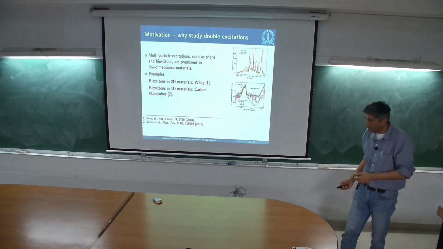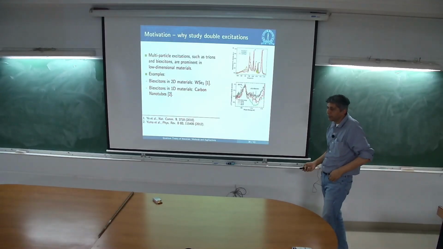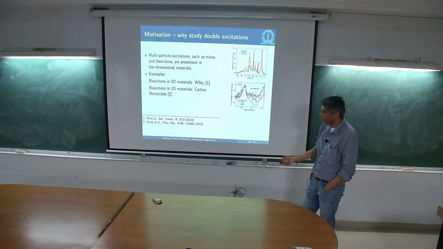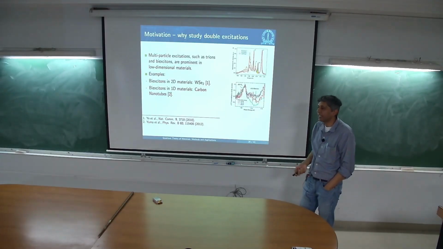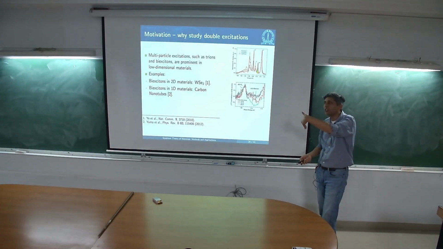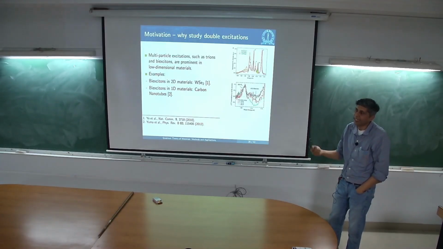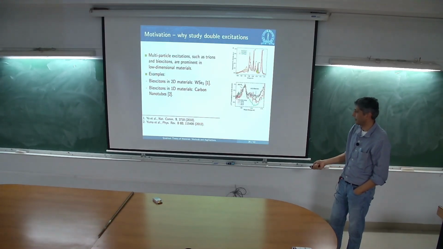Yeah. So is there any selection rule or symmetry criteria which allows those multiple excitons to bind again? So that's what I'm going to talk about. Not a selection criterion. There is a dipole matrix element which says that this transition can happen with light, but there is also a binding energy that you can actually find out for this.